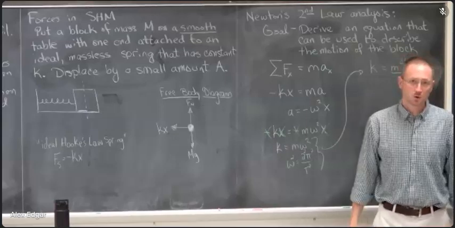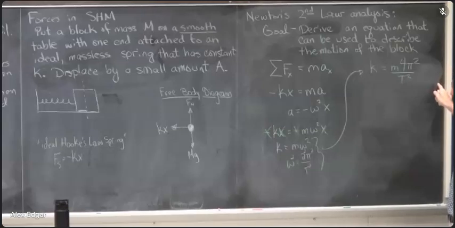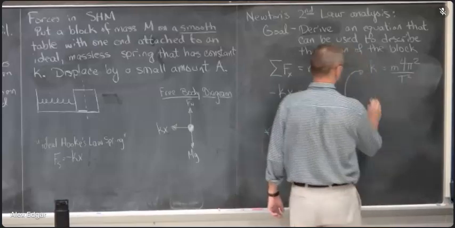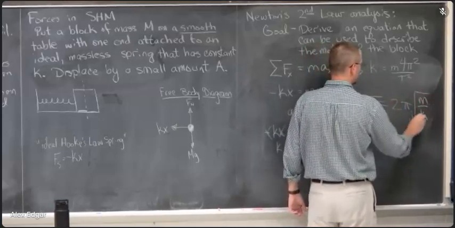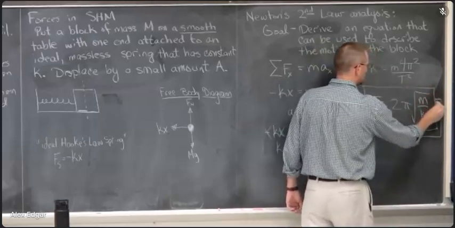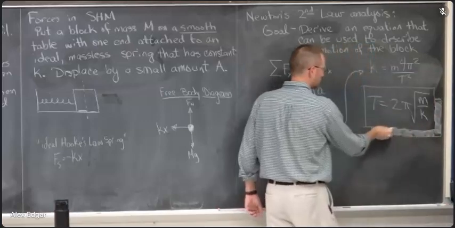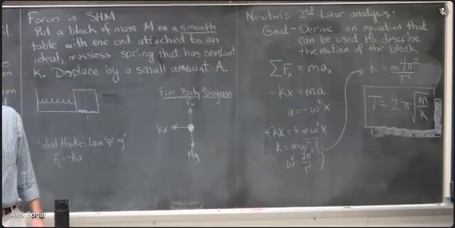Now that's not the normal way of writing that equation. The normal way of writing that equation puts the T all by itself and everything on the other side. So let's do that. All right, now that relationship, T equals 2 pi root m over k,